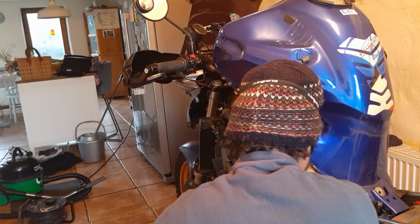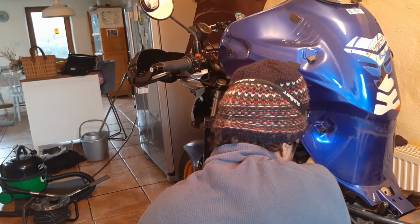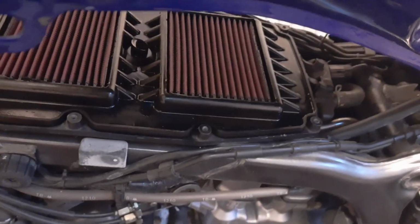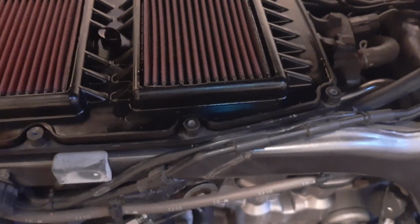Don't want this thing to fall in there now. Alright everybody, I actually couldn't get the plug that came with the cable in. It's quite small, really small, and I think in order to do that you would have to take off the